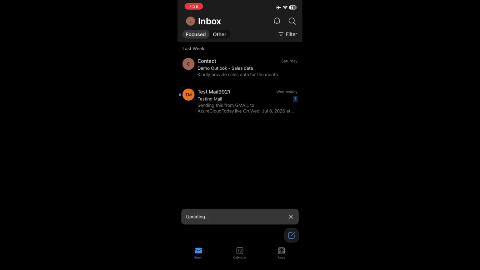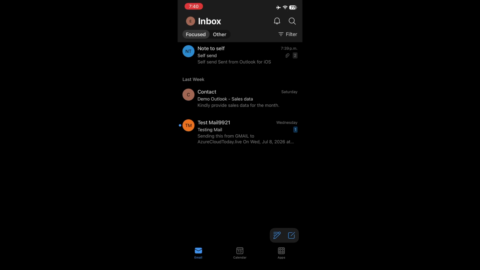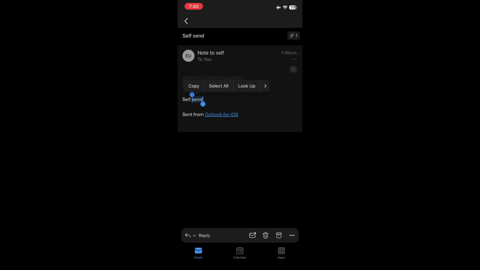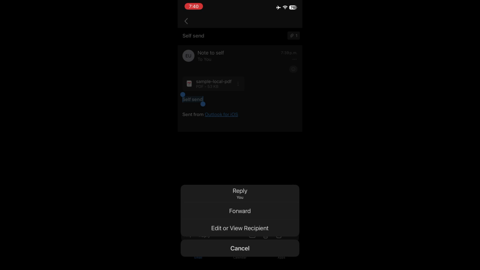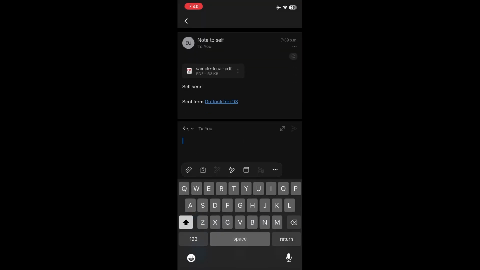Let's enter 1, 2, 3, 4. Now over here, if you notice, if I go and click on one of the emails, the top one possibly, and then select the text, just self send, and I click on copy. And then if I go into notes and try to paste it, you get a message stating your organization's data cannot be pasted here. Now, if I enter test 1, 2, 3 and copy something from here and then go inside Outlook and click on reply and then hit paste over here, you would notice that we are able to